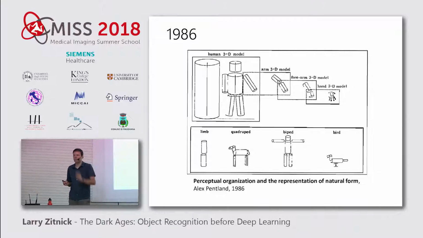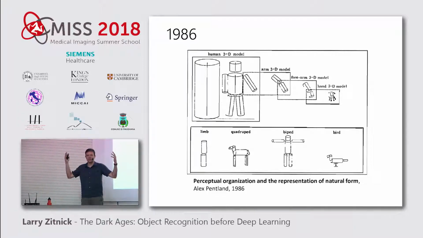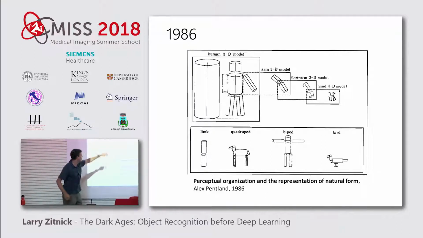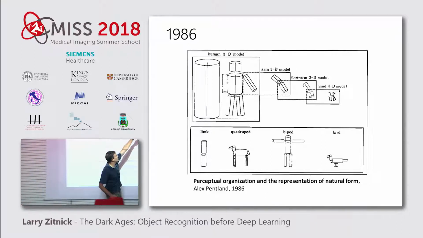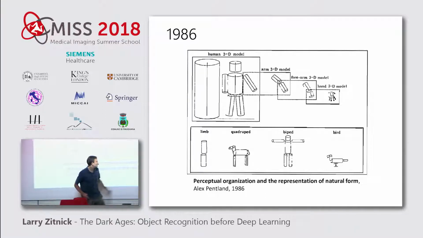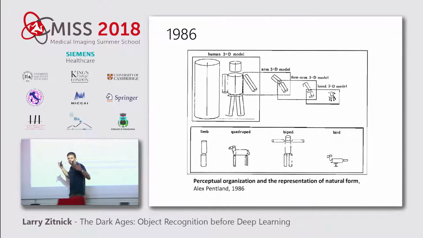There's two main camps. One was we represent an object in our head as 3D shapes, such as these. These are called geons, where you have a limb that's two cylinders, and then you can have a hierarchical view like this, and break it down into these cylinders until you get to your fingers. I love the bird here. You can have these kind of three-dimensional